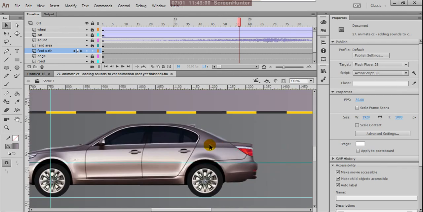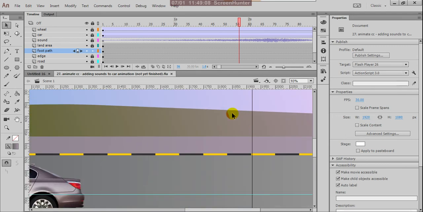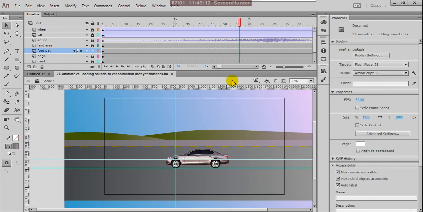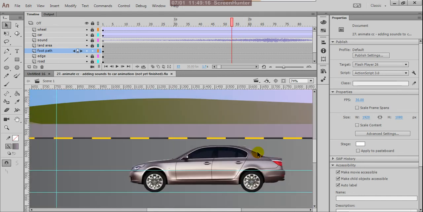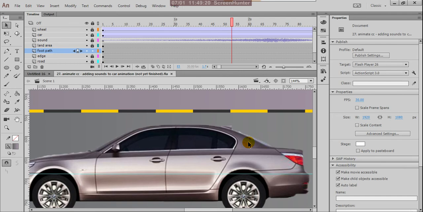Yes, the car color also matched, because the reflection of the sky is falling on the mountain and the footpath and a bit on the road. In the same way, it should fall on the car metal body also, shining a bit pinkish.